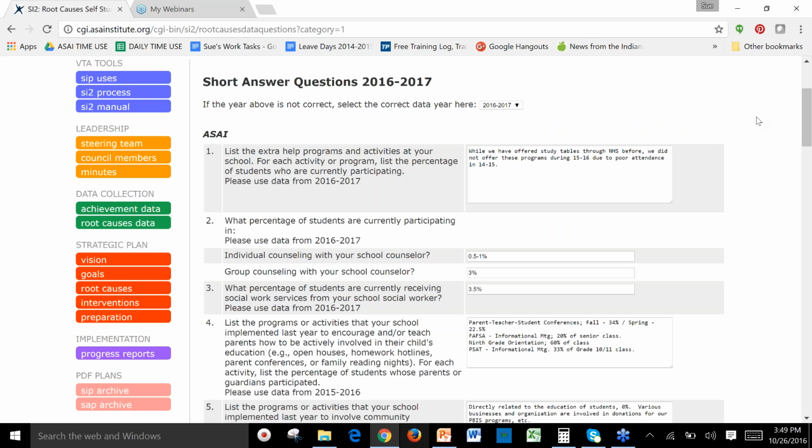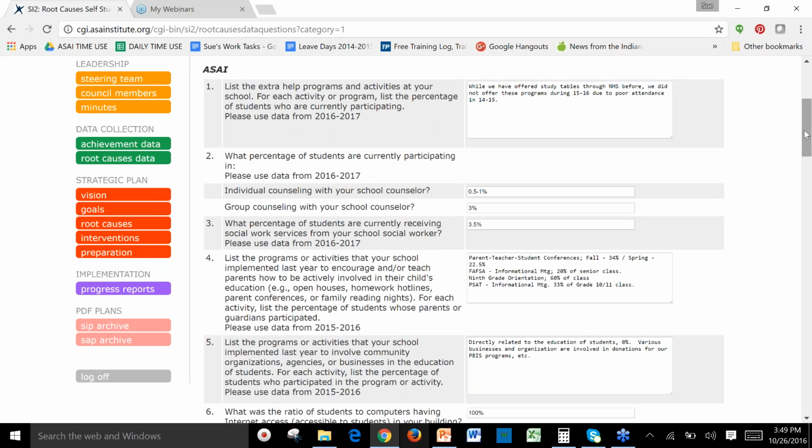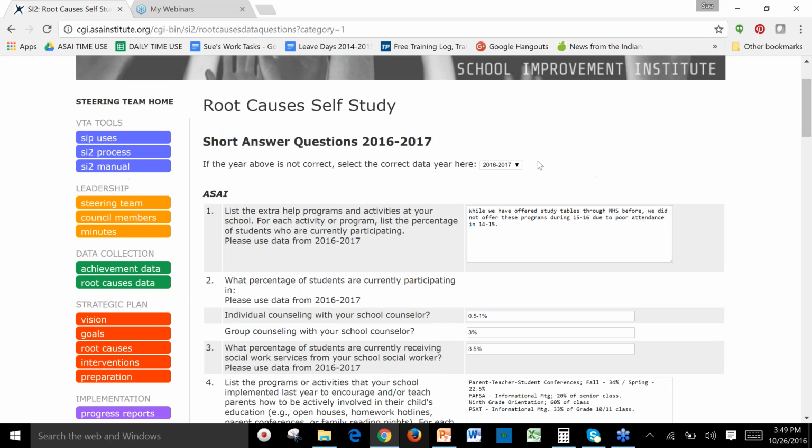When you open this up for the first time, you're going to notice that there's comments in all these boxes. What we did to save you some time is we took last year's answers and we put them in as this year's answers. So all you need to do is read through these things and see, has anything changed? If so, then edit it and save, and that will save your comments only on this year 16-17.